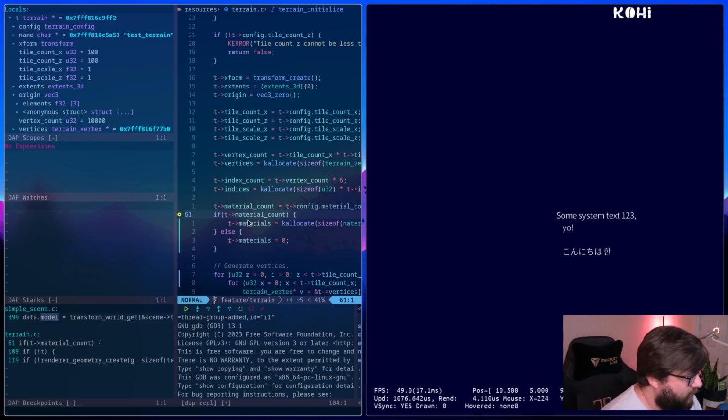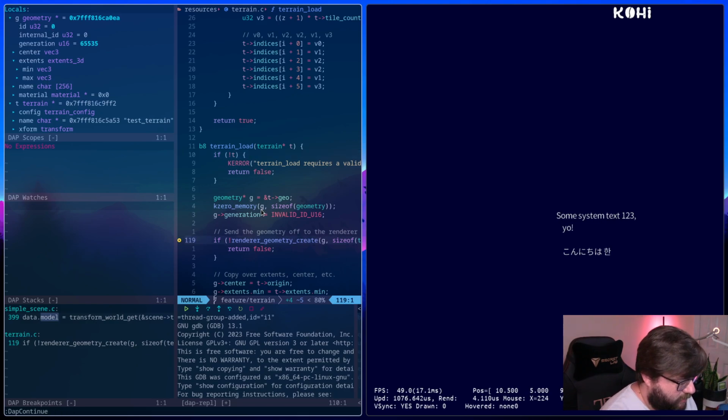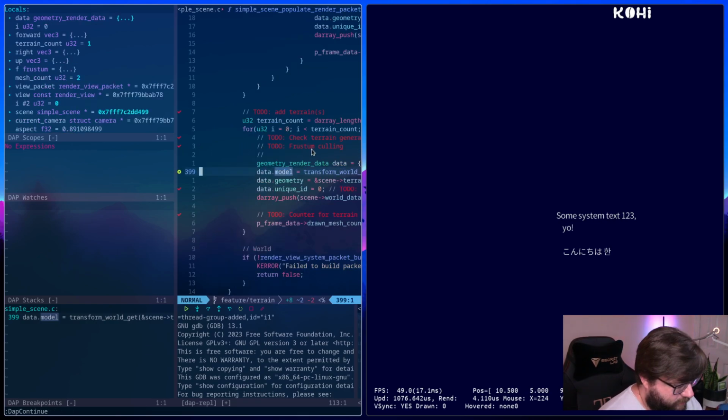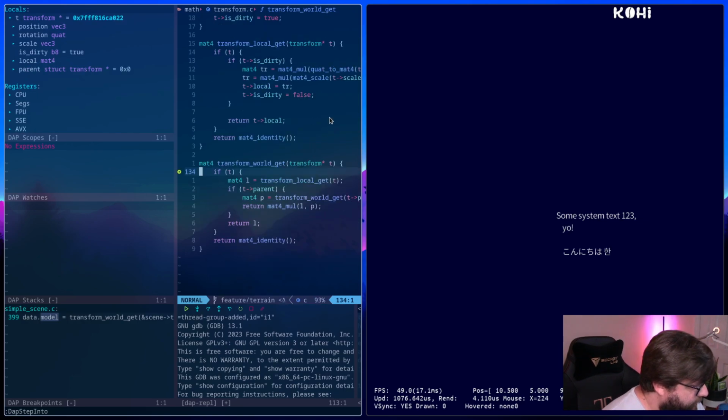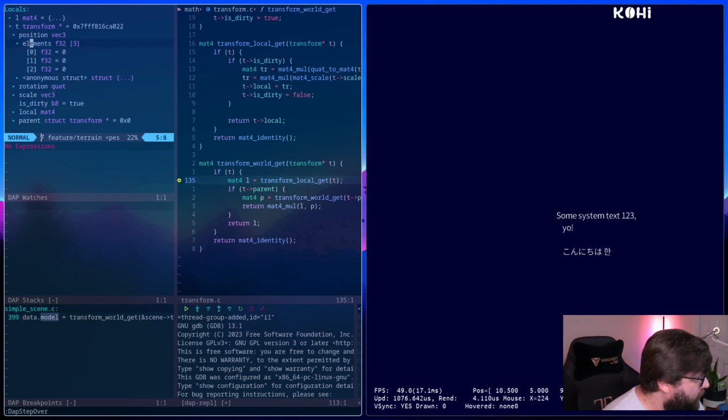Let's get rid of that one. And let's get rid of some of these other ones. All right. I want to actually step into this. So here is the transform. So our position is 0. Our rotation is identity. And our scale should be 1.